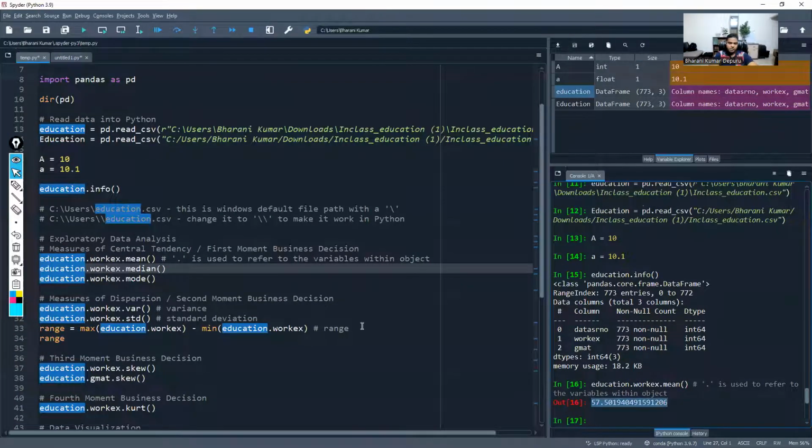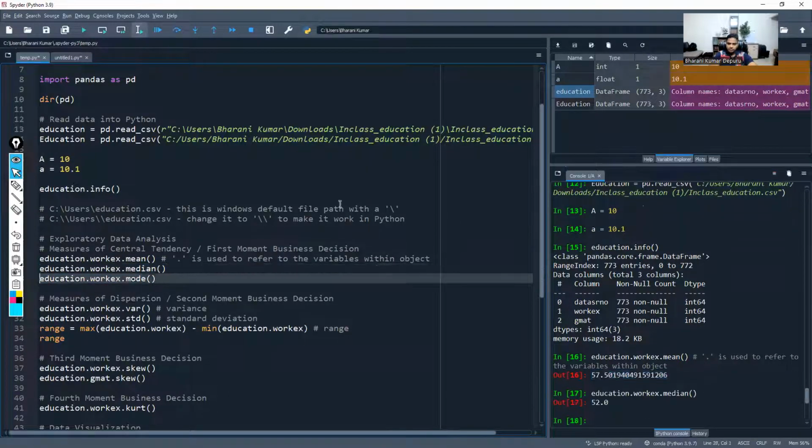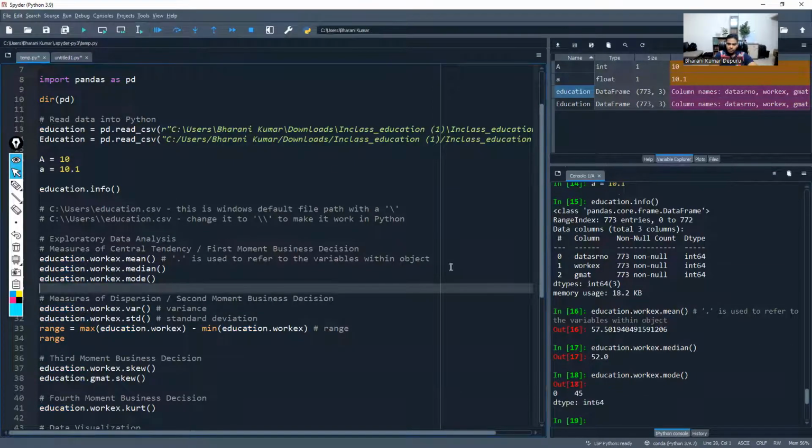Here is the mean, 57.5. When you go to education, work experience, and calculate median, you get the value 52. If you go to that specific data set and that specific column, and calculate mode, you get to see that you have mode. Mode is